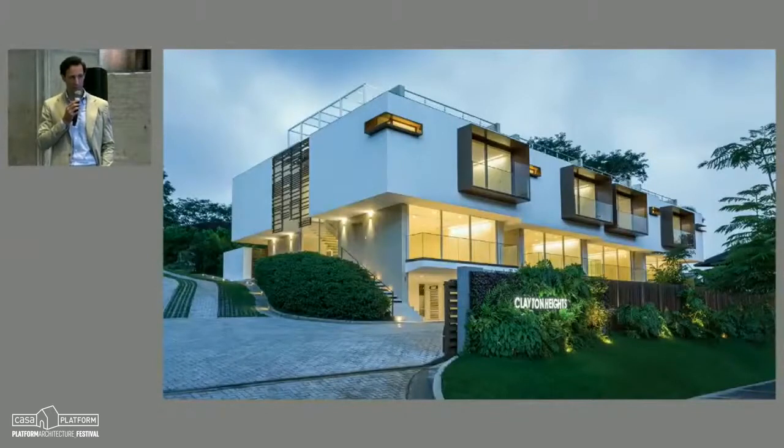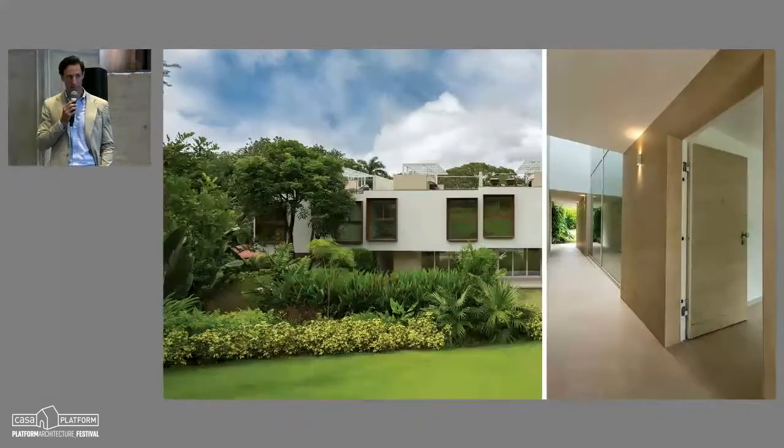This is the corner. Here you can appreciate how the staircase is external in the first part, and then comes into the house from the first floor to the rooftop, which is accessible thanks to a skylight. And this picture shows you, in particular, the second one, our intention to keep in mind